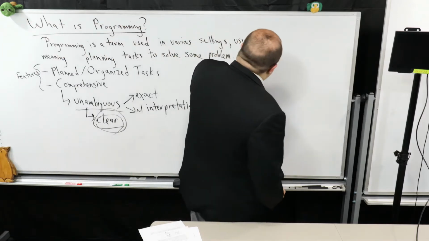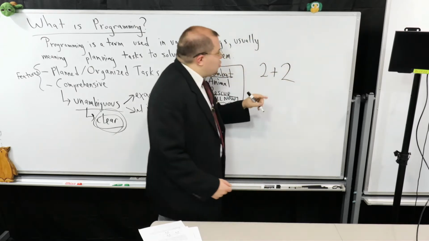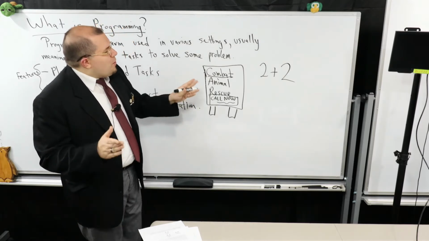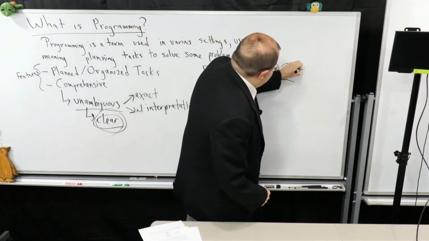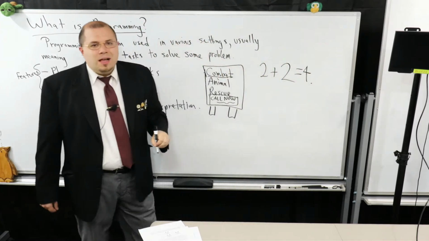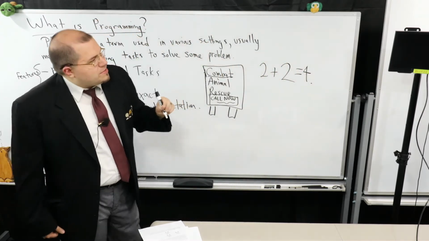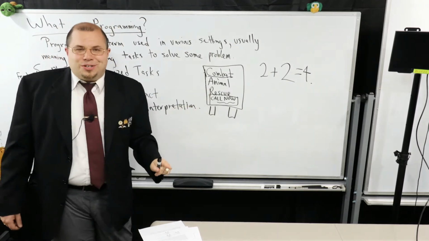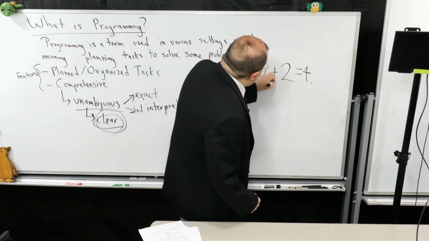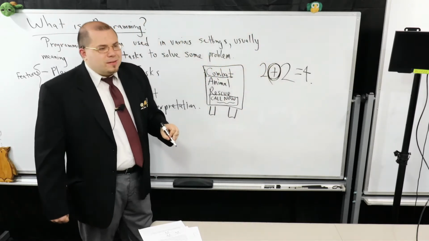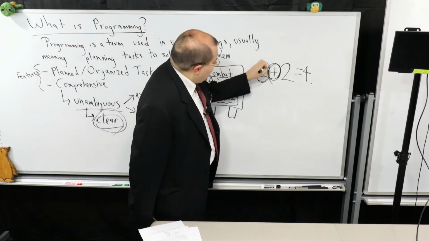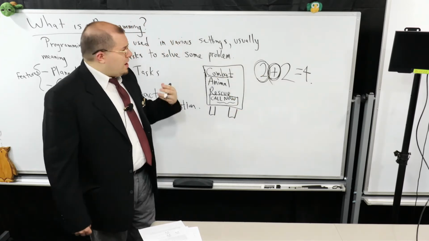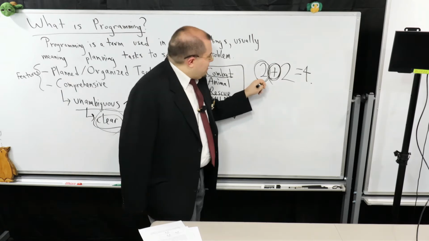So for example, if I gave you the expression 2 plus 2, and I asked you what's the result, you would know that the answer is probably 4, right? This is equal to 4. But imagine if I gave you a computer, hypothetically, and it didn't know what addition was. You might have to define what this plus means. You might also have to tell me what a 2 means before I can add two things. In fact, you might also ask, how exactly do I evaluate this expression?